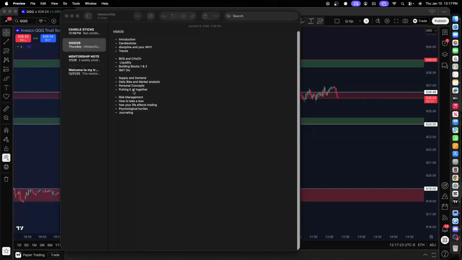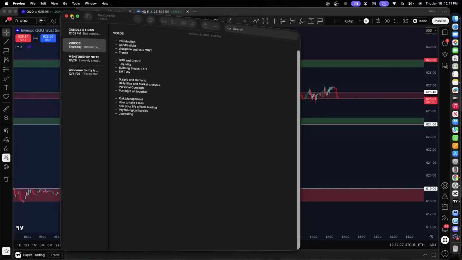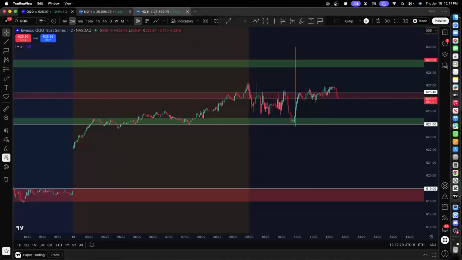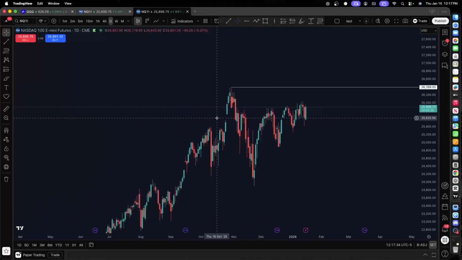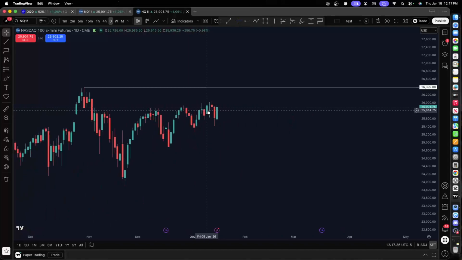So pretty cool. Making hella progress. So SMT divergences are pretty simple, and I'm going to show you